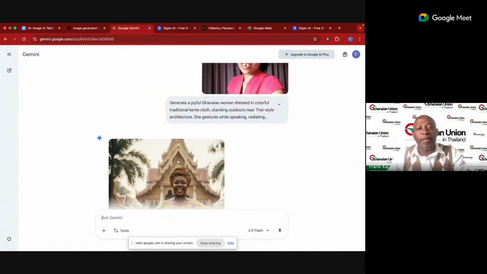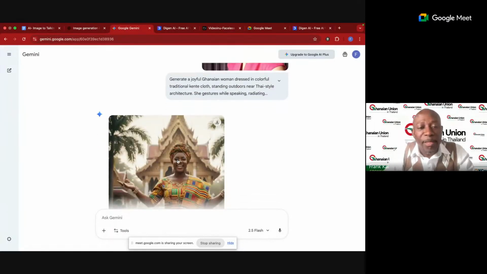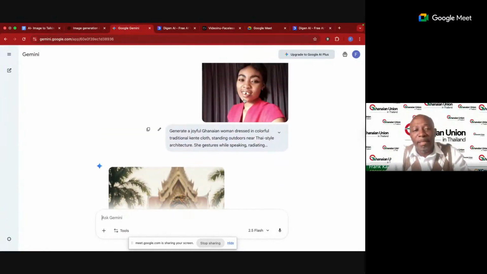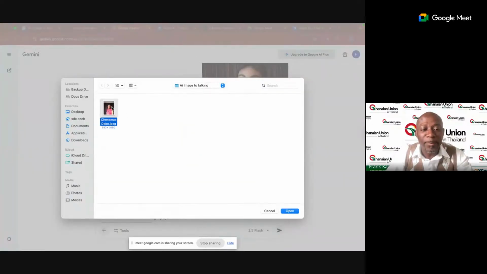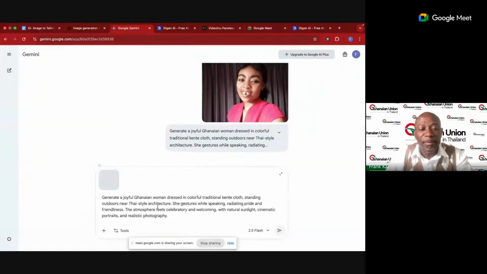Now, there is a mistake here. The mistake is whenever I uploaded this image, I did not say anything about this. I just said generate, which isn't going to help. So let's try that again. We're going to say something. Okay, so generate this. Okay, you can say use the attached image